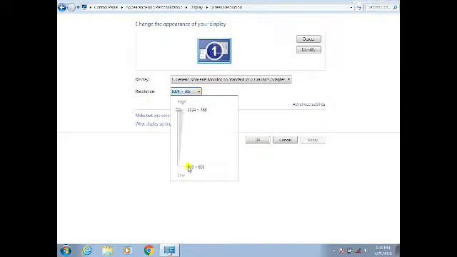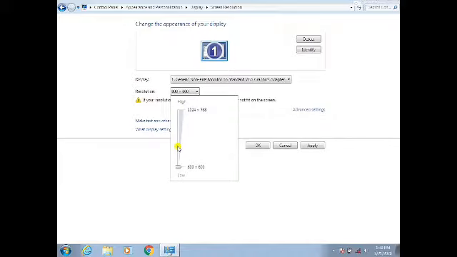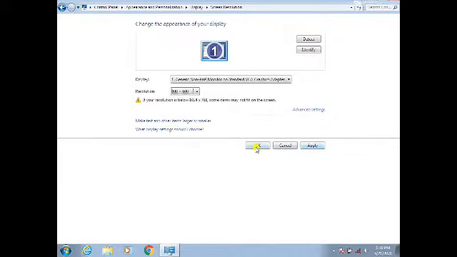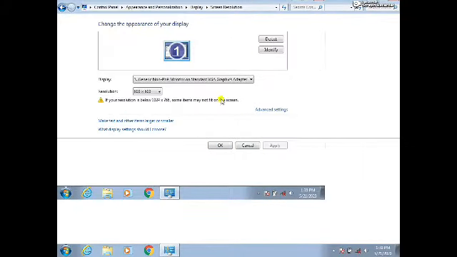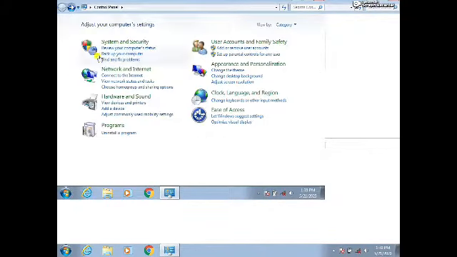Just click here, low to high. If I make it low, apply and OK, keep changes. So automatically the screen resolution has changed.